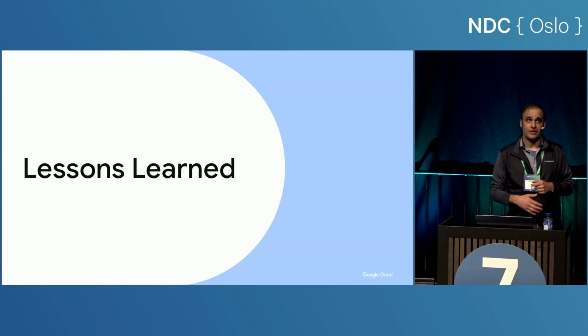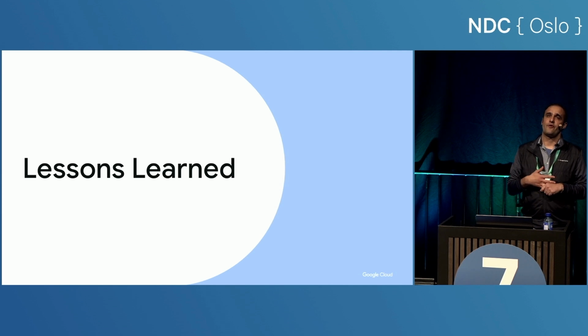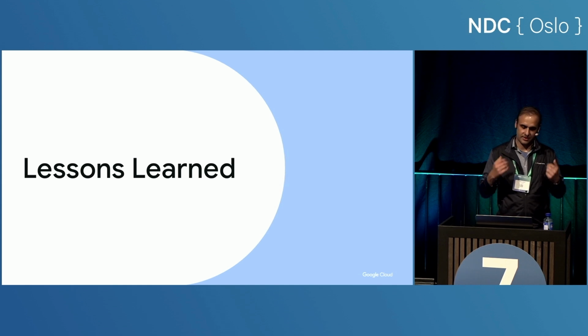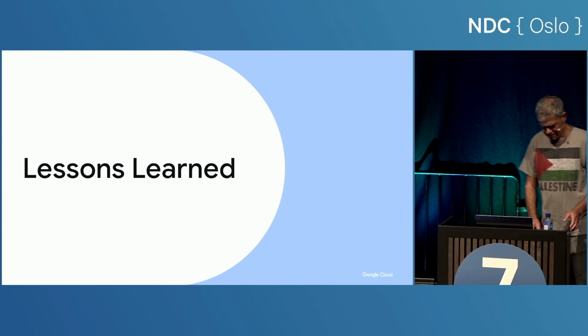All right, so that was a very quick overview of the app, where it came from, and how it works, and what it solves, and what it introduces. Now we want to switch to the real meat of the talk and talk about what we actually learned throughout this exercise. So I'll hand it over to Marc, and let's go through that. Thanks, Mete.